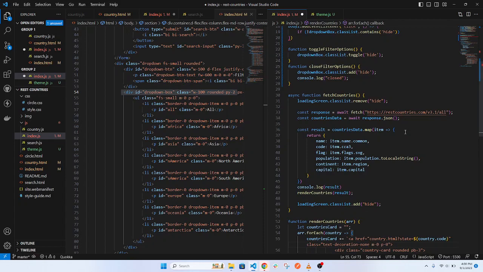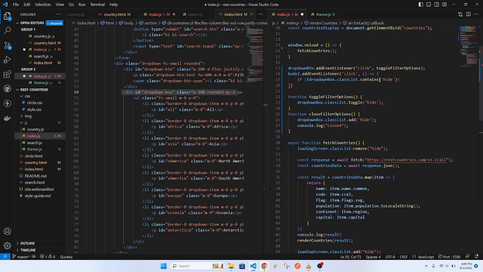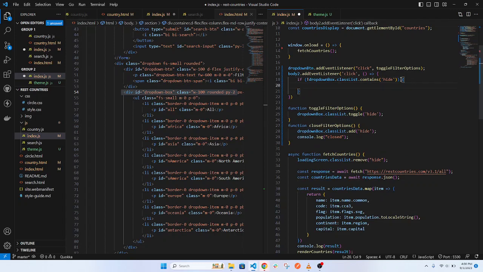Even if it's not showing on the browser, on the UI, it still exists in the DOM, so it's a truthy value. The real difference is the absence or presence of this. So this is what we can really use to check. Okay, so if the dropdown box classList contains hide,